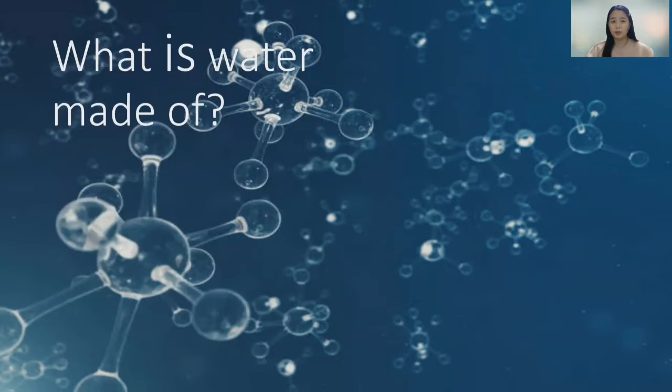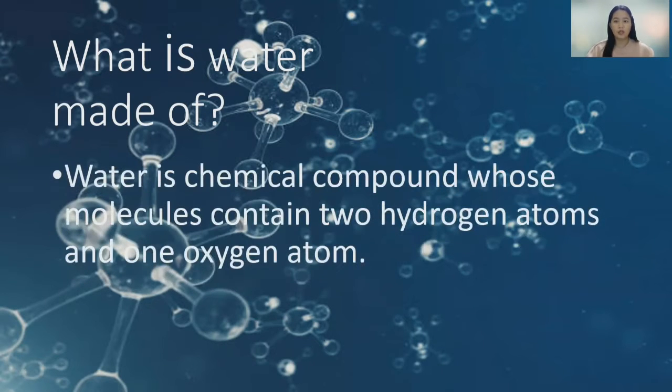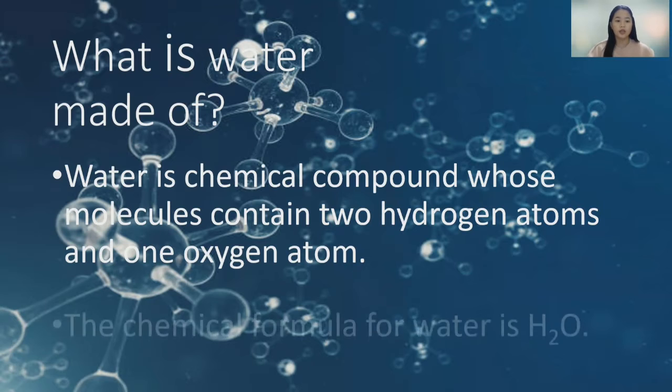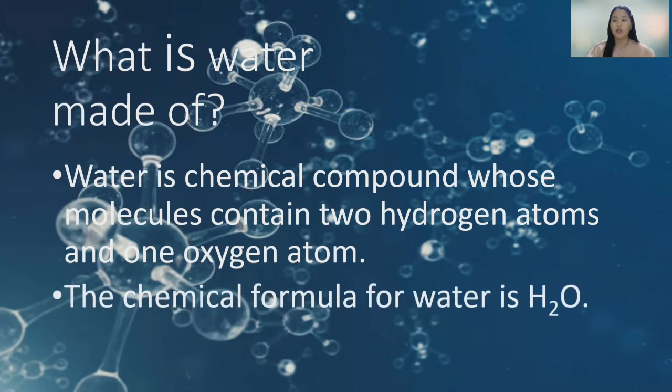But first, what is water made of? Water is a chemical compound whose molecule contains two hydrogen atoms and one oxygen atom. The chemical formula for water is H2O, and the bond between the atoms in the water molecule is a covalent bond because both hydrogen